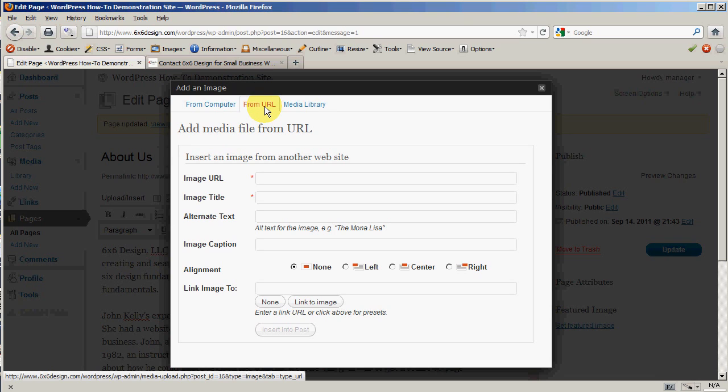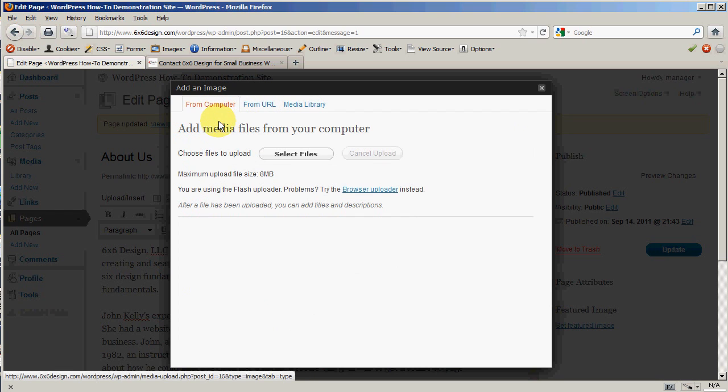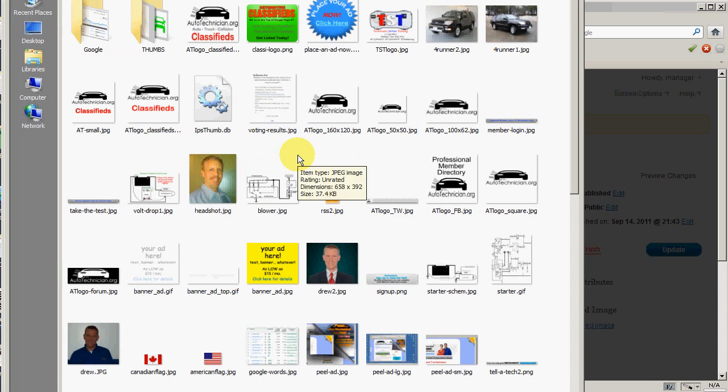Let me caution you, if you see a nice picture on another website, don't go steal the link to that image and put it in here, because chances are eventually that link will break. And secondly, you're stealing the image from somebody. That's violating copyright law, so don't do that. What you want to do is get the image, put it on your computer, select the image from your computer,